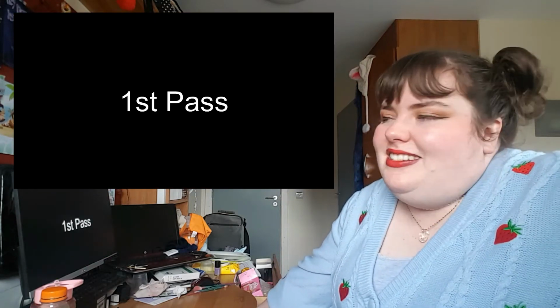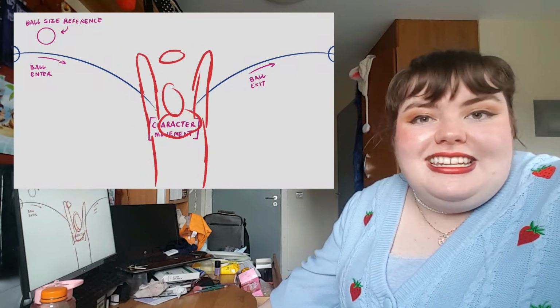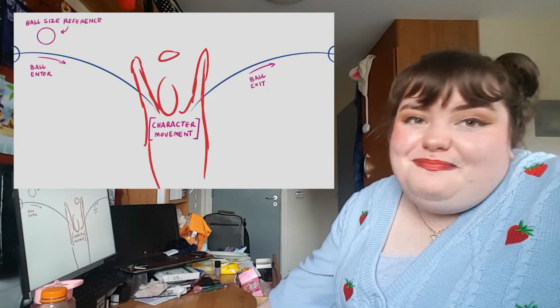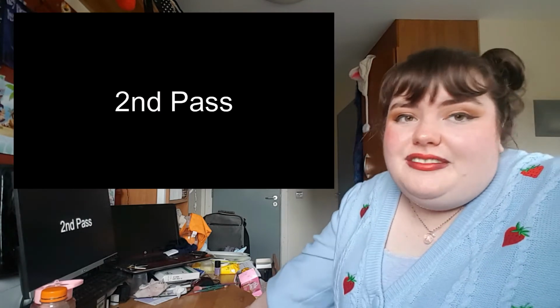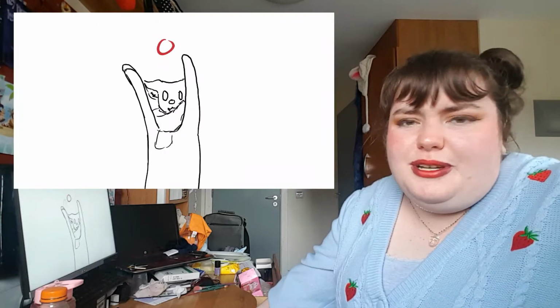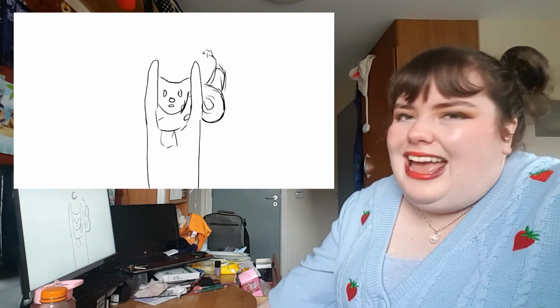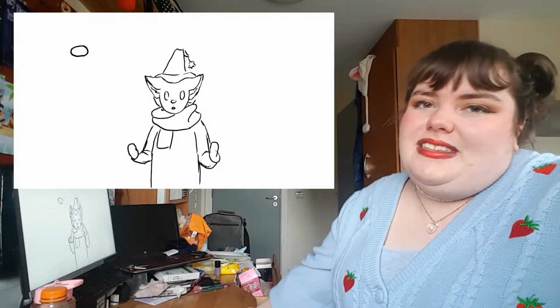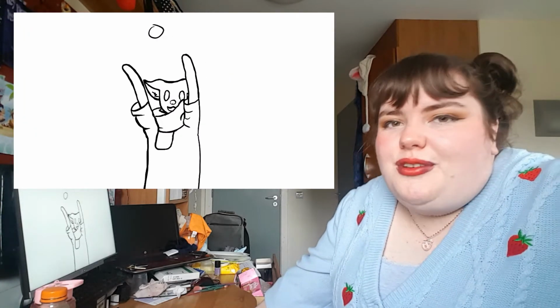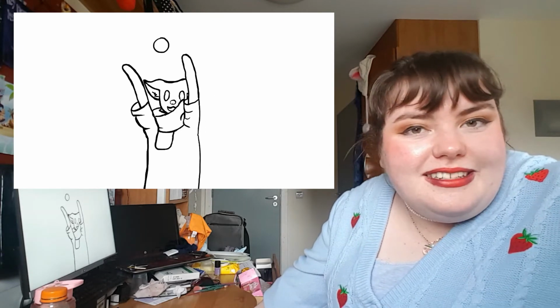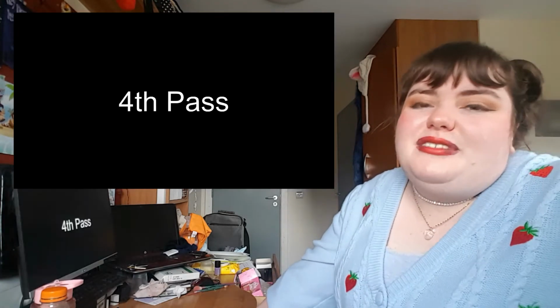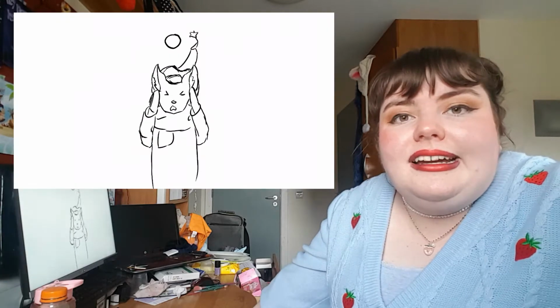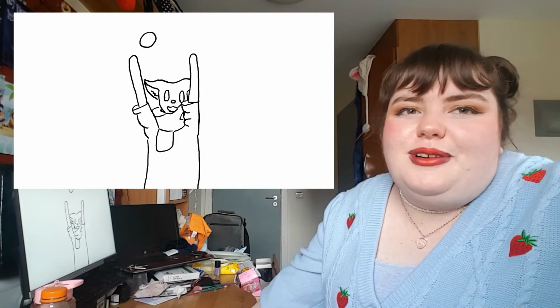I really enjoyed doing it, and I think it looks really good. Obviously it's the first pass, just getting a general idea of the movement, and I think it was really good to do that, because sometimes I can get so stuck in my head and think, oh my god, what's this other stuff. The second one's just adding Puka, and then the third one's getting those keyframes nice and cleaned up. Each one plays twice because it goes by so quick, and then it gets a little bit longer as it goes.